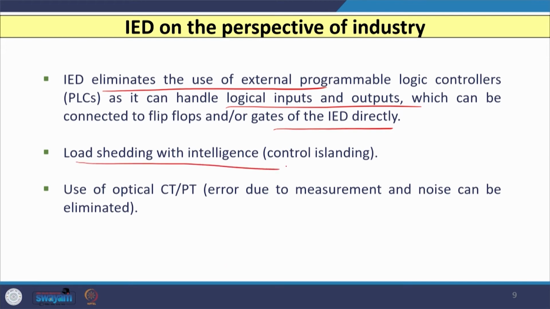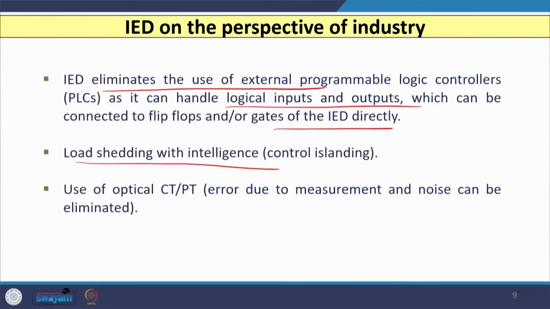When we have to use load shedding with intelligence, let us say if I want to use a controlled islanding scheme. So, we know that islanding is a phenomenon when any small area is disconnected from the electrical network and forms an island. This is known as an electrical island. Islanding can be controlled islanding or it can be forced islanding. So, we will discuss this later on. However, if we wish to perform controlled islanding, then such a relay will definitely be helpful compared to the previous types of relays.